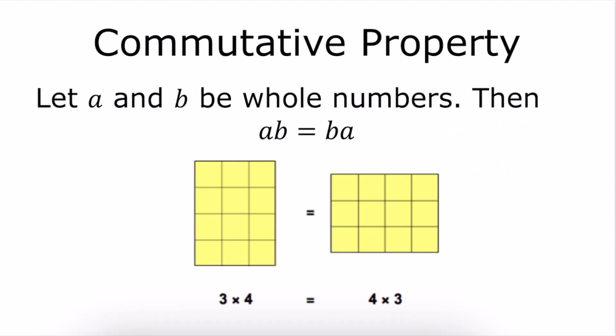And then for the commutative property, we could look at it with a rectangular array. So if a and b are whole numbers, the commutative property says you can do a times b, and that's going to give you the same result as b times a. And if you look at it with a rectangular array, this makes sense because 3 times 4 is 3 that's been copied 4 times and arranged in a rectangle. And 4 times 3 is a 4 that has been copied 3 times and arranged in a rectangle. And you can see that those rectangles are the same rectangle, they've just been rotated slightly. And so this is a visual way that you can show students that the order of the multiplication does not